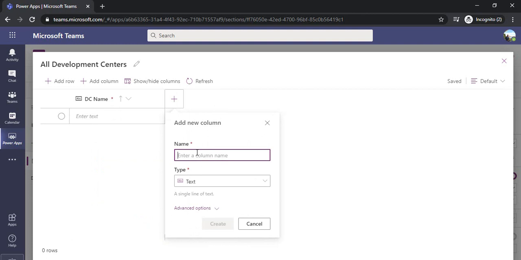And after that, you can specify a lookup from this DC list to your other list, the inventory list. So let's say location.